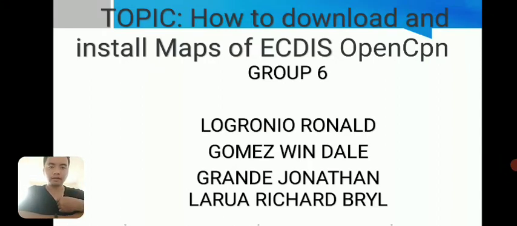I am Cadet Lugronio Ronald, and I'm from Group 6. Our topic is all about how to download and install maps of ECDIS on OpenCPN. Here are my group mates: Gomez Wendell, Grande Jonathan, Larua Richard Bryle, and